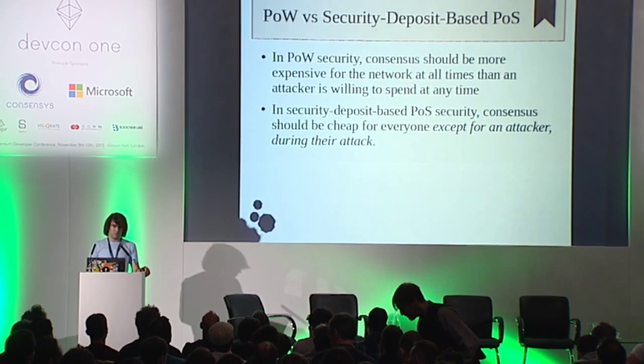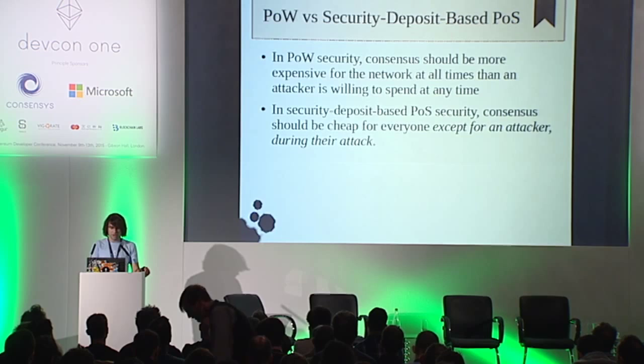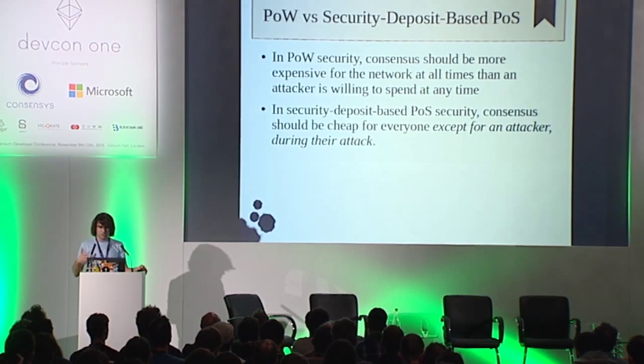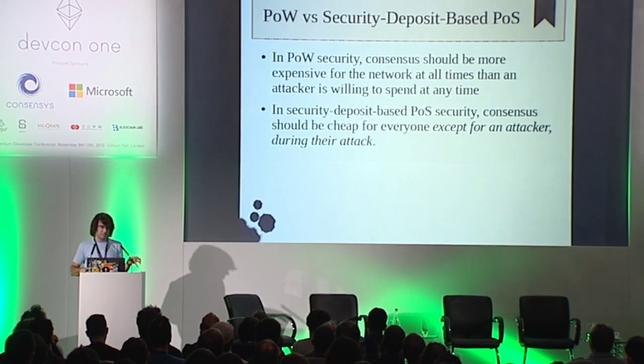And now this is kind of a broad, almost philosophical point. In proof of work, the consensus, in producing chain changes, is always expensive, in an effort to make it prohibitively expensive for an attacker to produce a longer, heavier fork. So it's always more expensive for the network than an attacker should be willing to spend at any time. In security deposit proof of stake, consensus should be cheap for everyone except for attackers during an